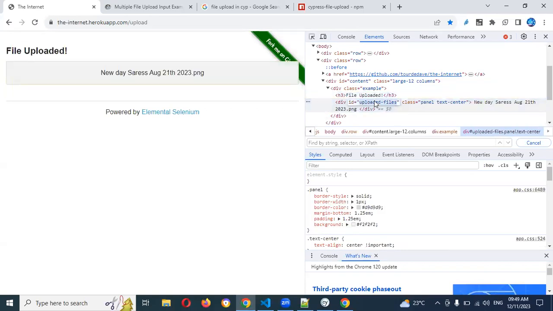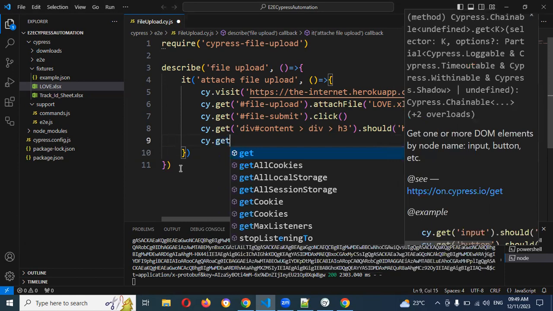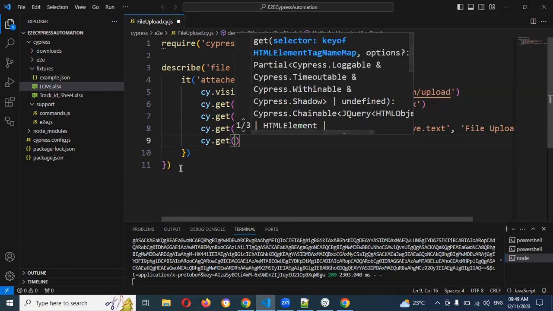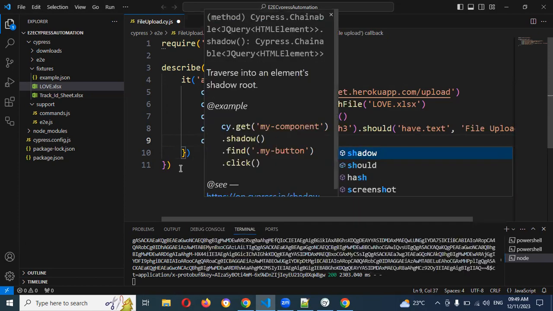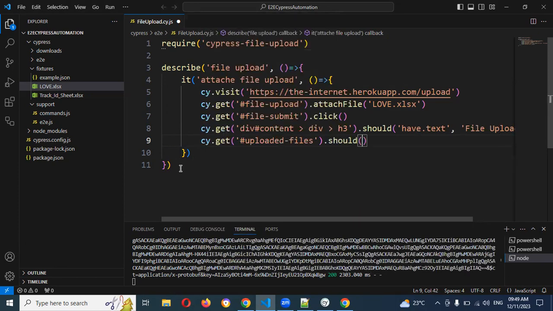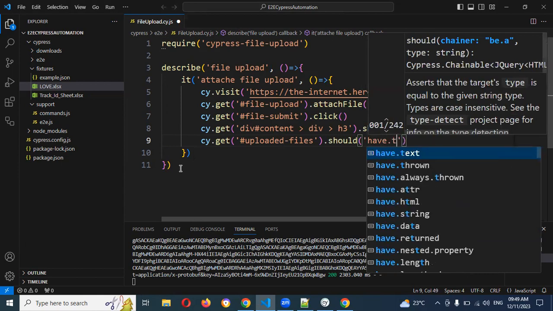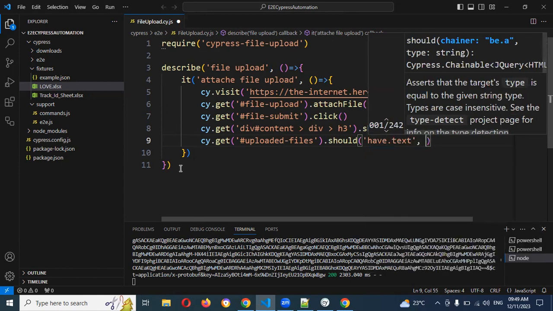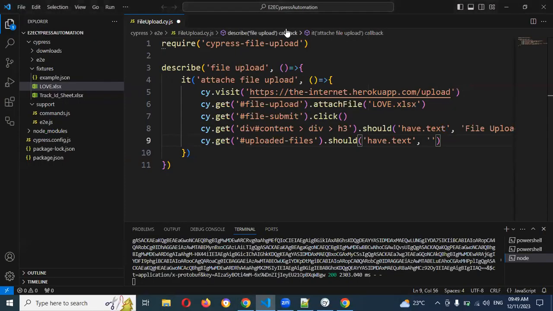You can even directly take the div ID, and I can mark it cy.get, and we can use dot should, and if you use have dot text, and if you use my file name called